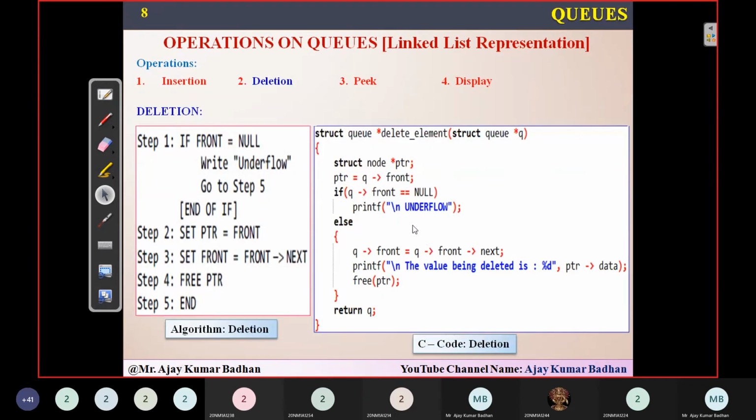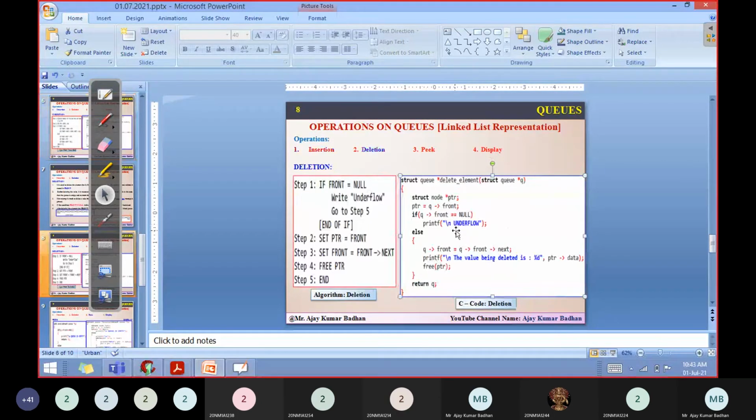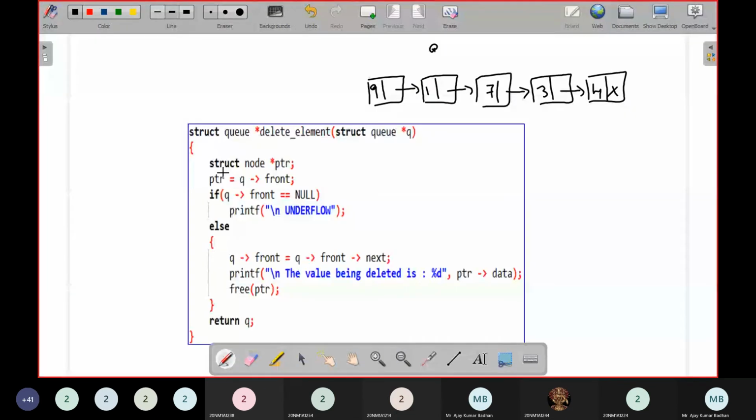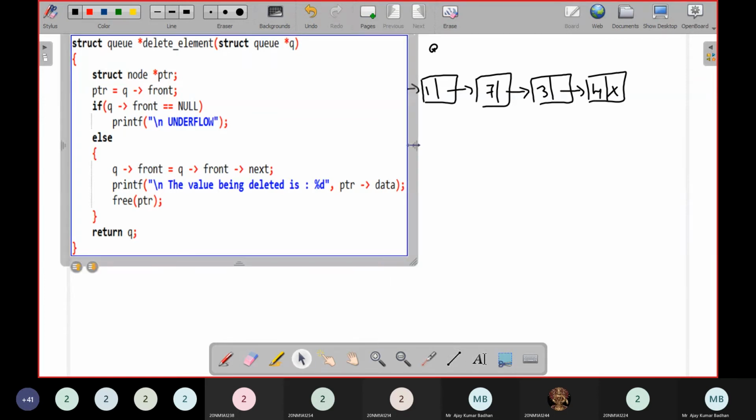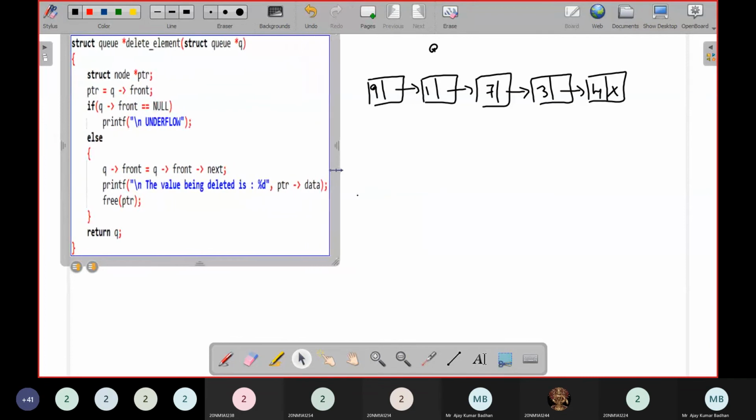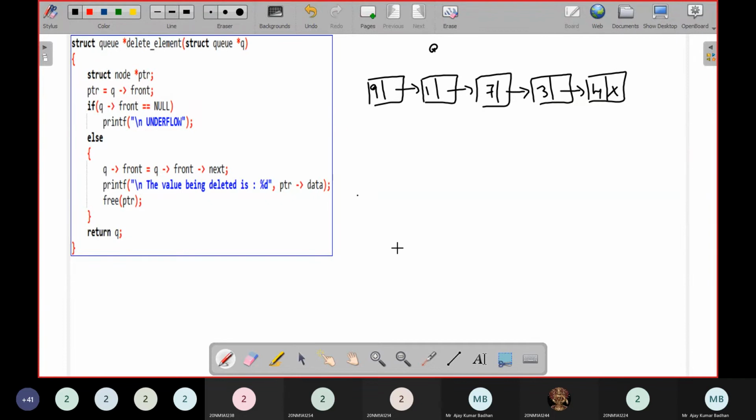That's the algorithm, you can go through that. Now this is the linked list that I have.